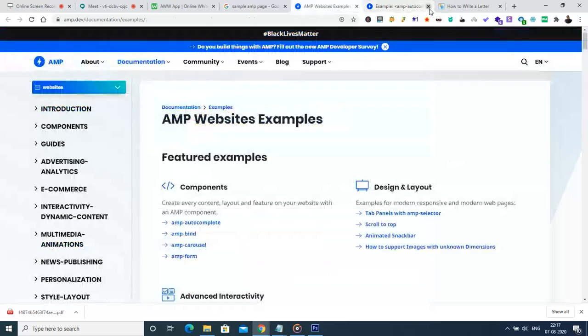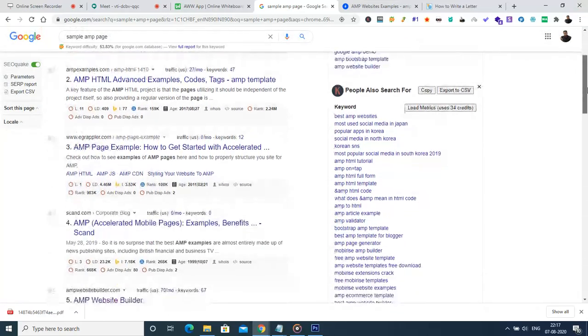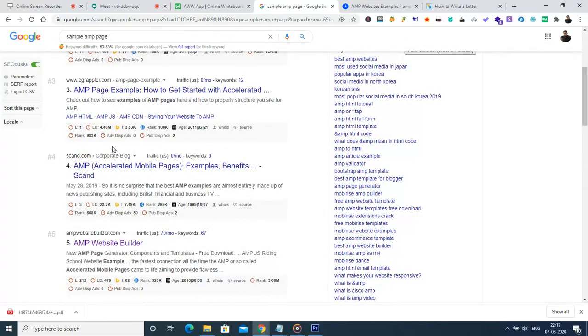It is not the exact thing that I'm looking for. I'm just looking for a quickly loading page. And the definition for AMP pages is accelerated mobile pages.